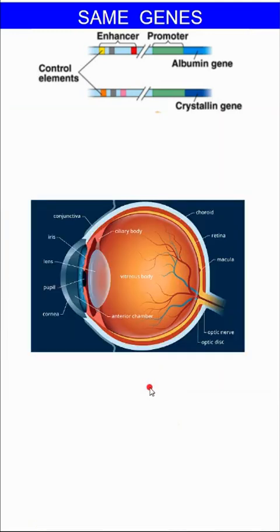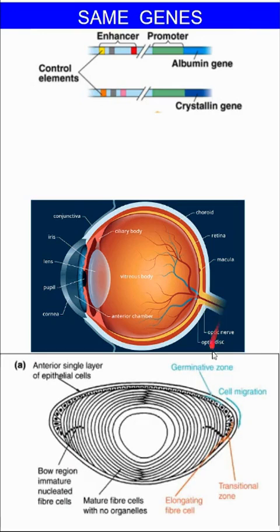Now, if we think about our eye, we have these lens cells, and these lens cells are what take in the light and refract it to our retina so that our brain and our optic nerve can make sense of what we're seeing. And again, if we think about our lens cells similar to our skin cells, we have this basal layer of mitotically dividing germ cells.